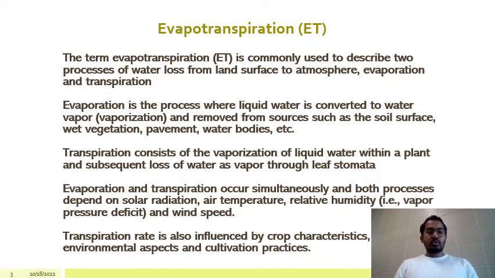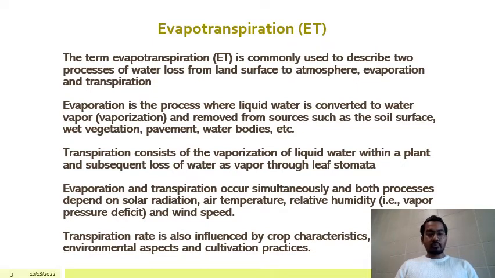So, what is evapotranspiration? The term evapotranspiration is commonly used to describe two processes of water loss from the land surface to the atmosphere: evaporation and transpiration. Evaporation is the process where liquid water is converted to water vapor and removed from a source such as the soil surface, wet vegetation, pavement, water bodies, etc. And transpiration consists of the vaporization of liquid water within a plant and the subsequent loss of water as vapor